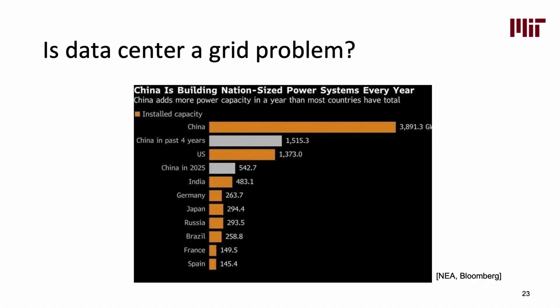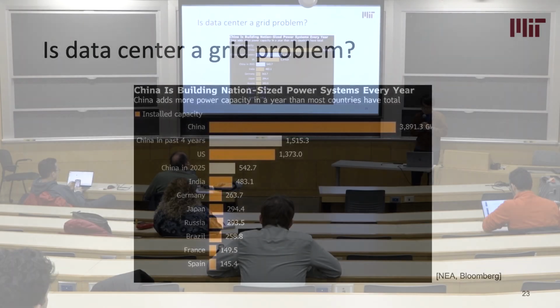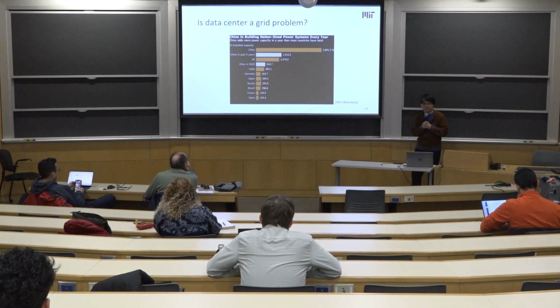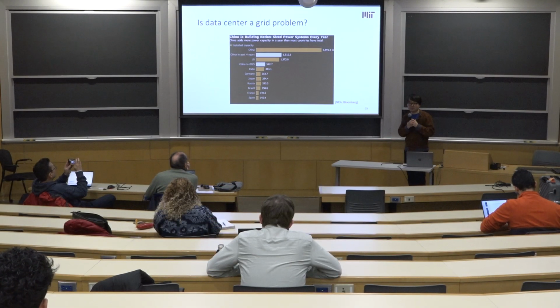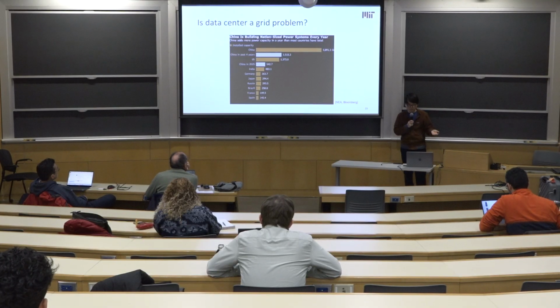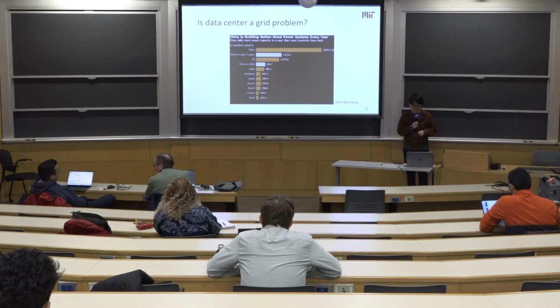The yes part is that it is a real grid problem, because right now we don't understand the problem really well. We don't understand our data center loads very well, and how to see synchronously operating different networks simultaneously. Also, a very nice thing is that a lot of people realize this is a big problem. Many of you in this classroom are working on this problem. So it is a real problem and we can solve it.